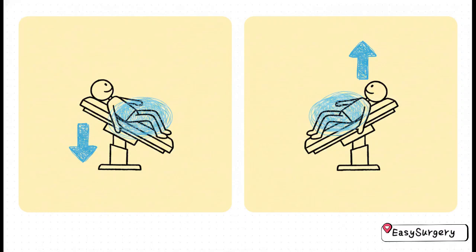Gravity literally becomes the surgeon's best friend. Take the Trendelenburg position. The patient's head is tilted down and their feet are up. Why? Because gravity pulls the bowels away toward the head, giving the surgeon perfectly clear access for pelvic surgeries. The reverse Trendelenburg is the exact opposite. Head up, feet down. The bowels drop down into the pelvis, which opens up perfect access for upper abdominal stuff,